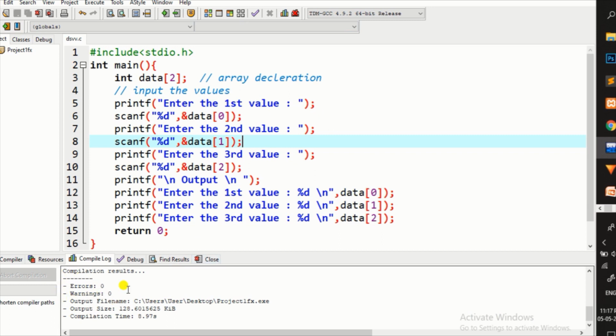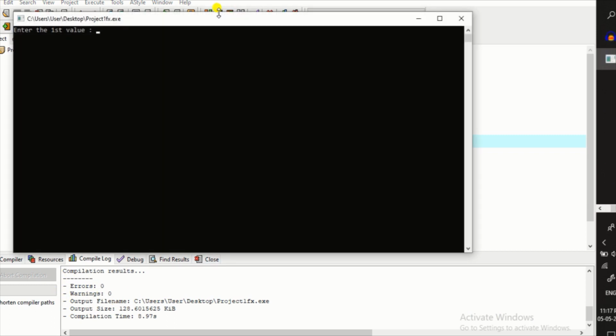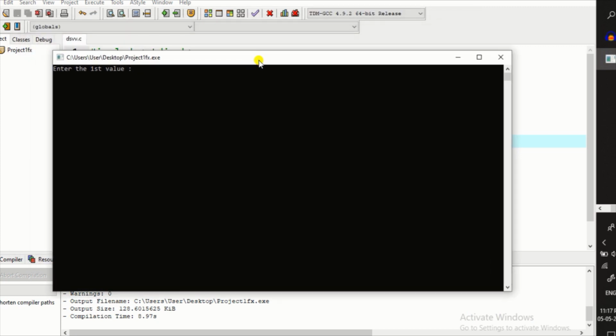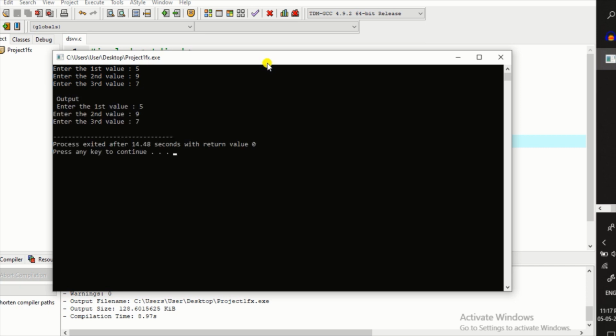It asks me to enter the first value. I enter 5. Next, the second value, I enter 9, and the third value, I enter 7. Now the output: the first value is 5, the second value is 9, and the third value is 7. So we successfully compiled and ran this code. We took the input from the user and displayed whatever we stored inside the array.